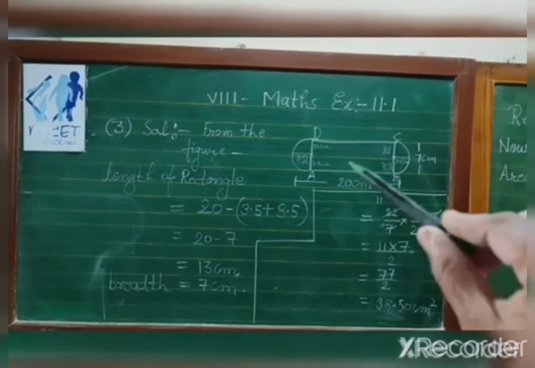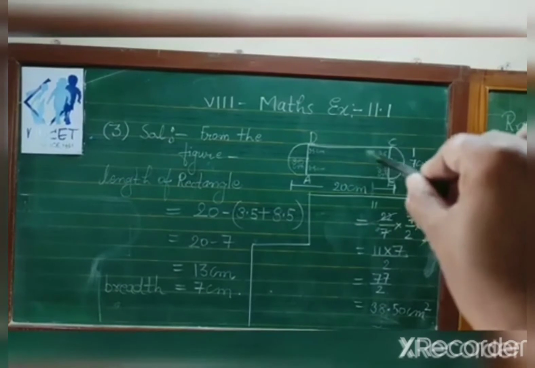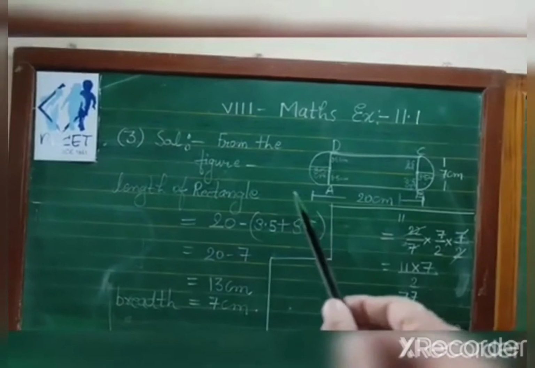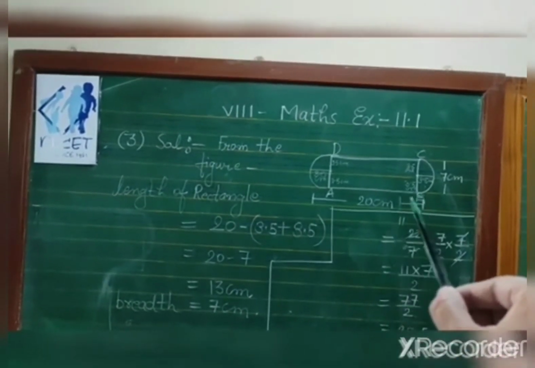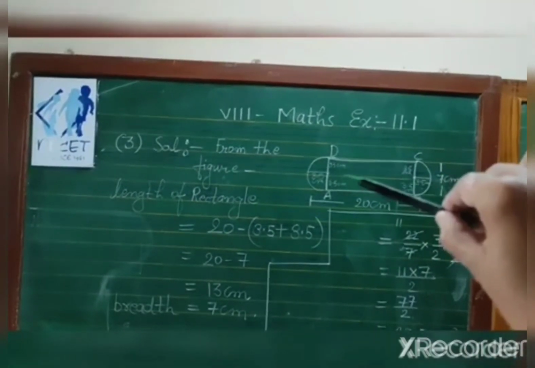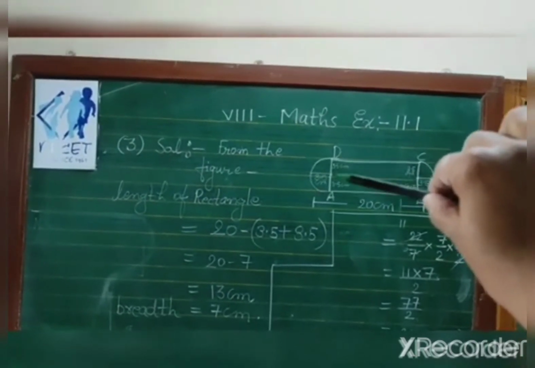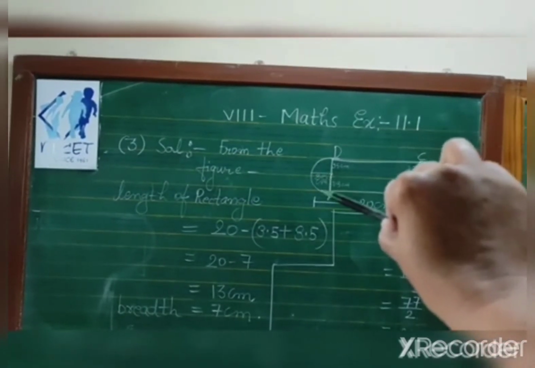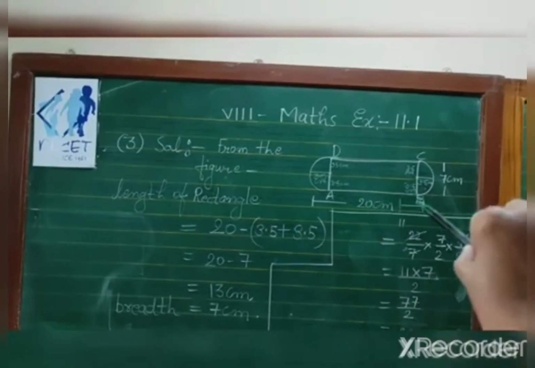Area, that means space covered by the figure. So here, here and this. So first we will calculate the area of the rectangle. So you can see here the whole length is 20 centimeter of this shape. In any circle, all the radii are of fixed length. So if this is 3.5, this also will be 3.5. So we will subtract from this side and this side. So we will get the length of the rectangle.